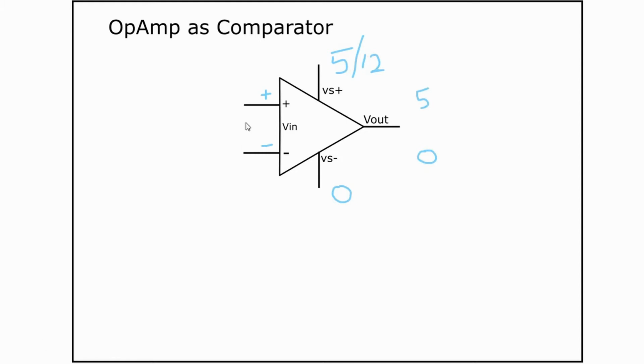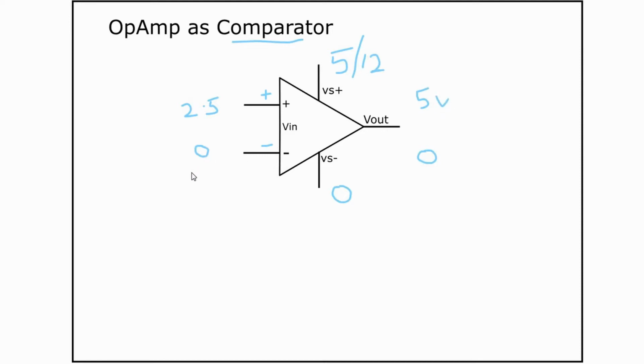Now, based on the voltages at the positive and negative pins, the output will be either 0 or 5. Now, let's see how it operates. As the name suggests, it will compare the voltage between these two pins, and then the output will be decided. Let's see an example of how it works. Let me put this to 2.5 volts. Let's assume that this is fixed at 2.5 volts, and this, when we start, will be at 0 volts. So now you should see which one is higher. The higher one is positive, so the output will be plus, that is 5 volts.